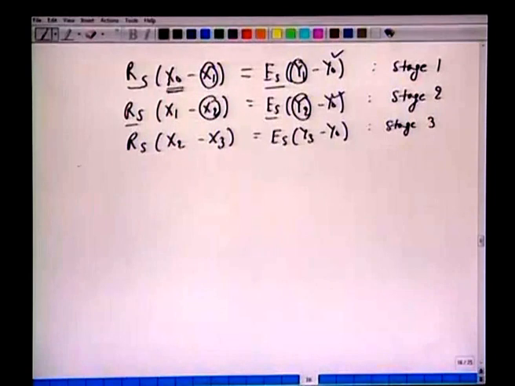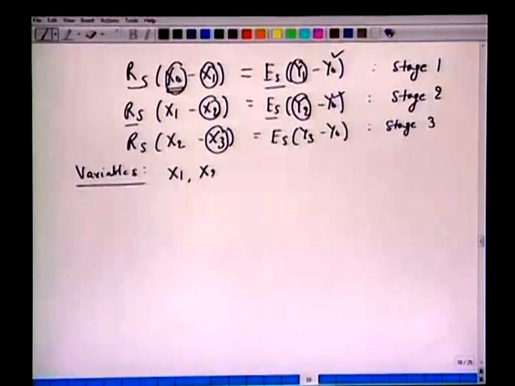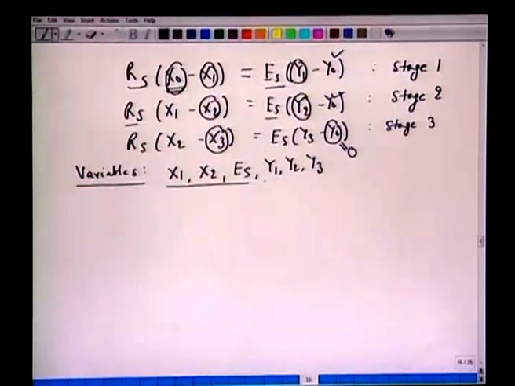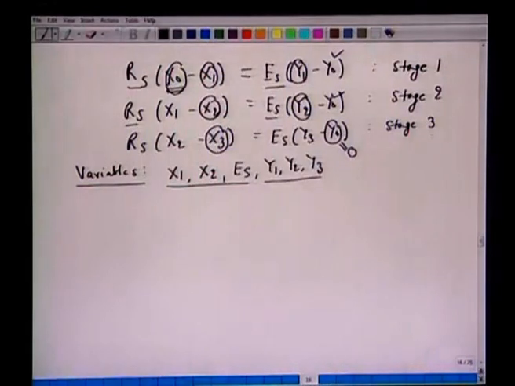And now we should identify how many variables we have which we are supposed to determine or unknown. Look at this, all we know is only x0 and x3. We don't know x1, we don't know x2. We do not know the solvent flow rates Es. We do not know y1, y2, y3. All we know, we have y0 pure solvent entering every stage, so 0 concentration. So we have 3 equations and we require 3 more equations. Okay, so 6 unknowns and 3 equations.